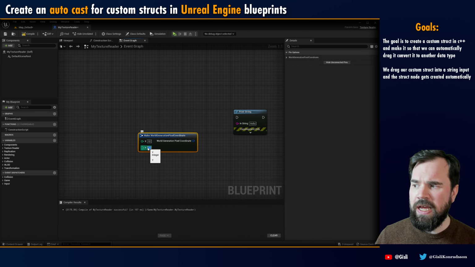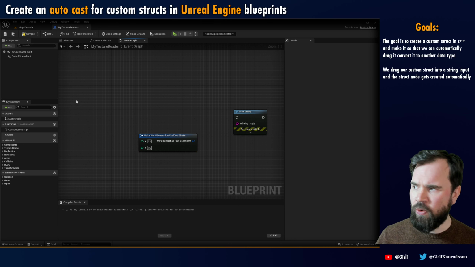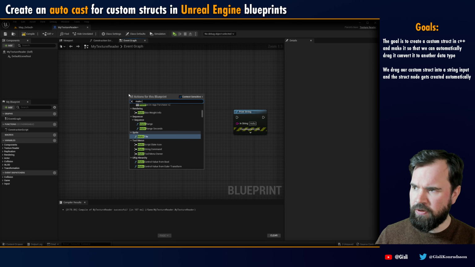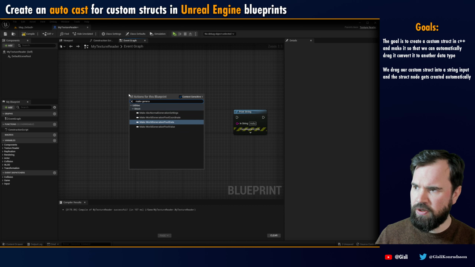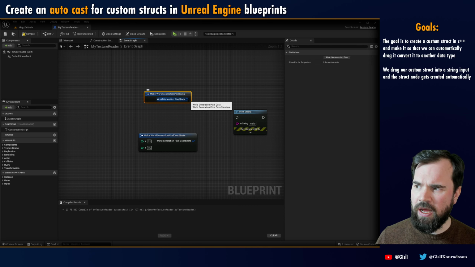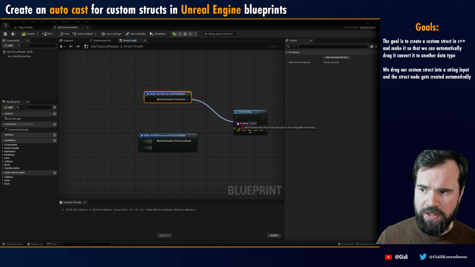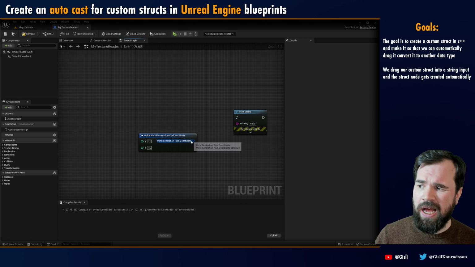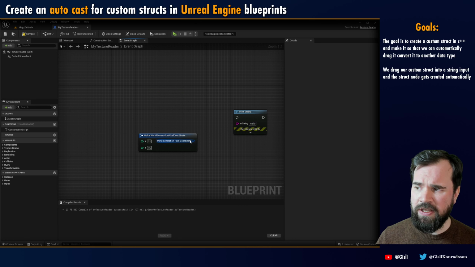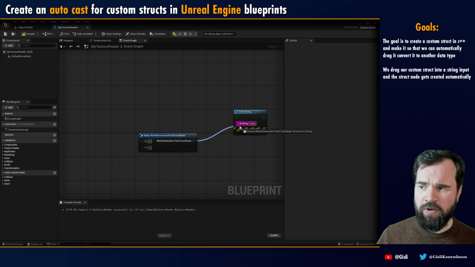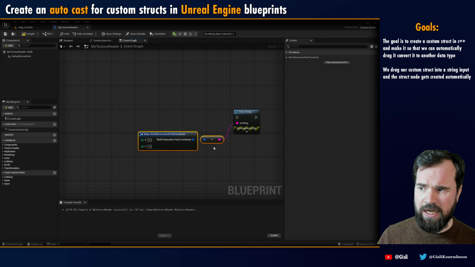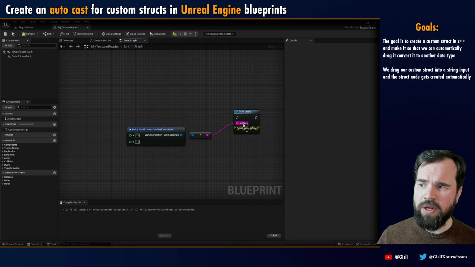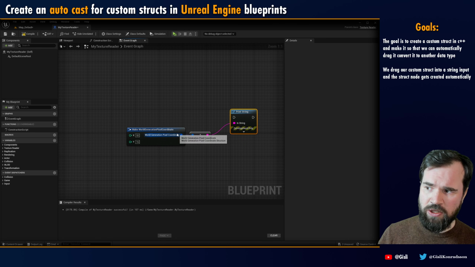If I add some numbers in here and make one of these structs, normally you wouldn't be able to print this out because the generation pixel data structure isn't compatible. But with the code that I'm going to show you now, you can drag and drop this struct into the print node. It creates this kind of conversion node or cast node,